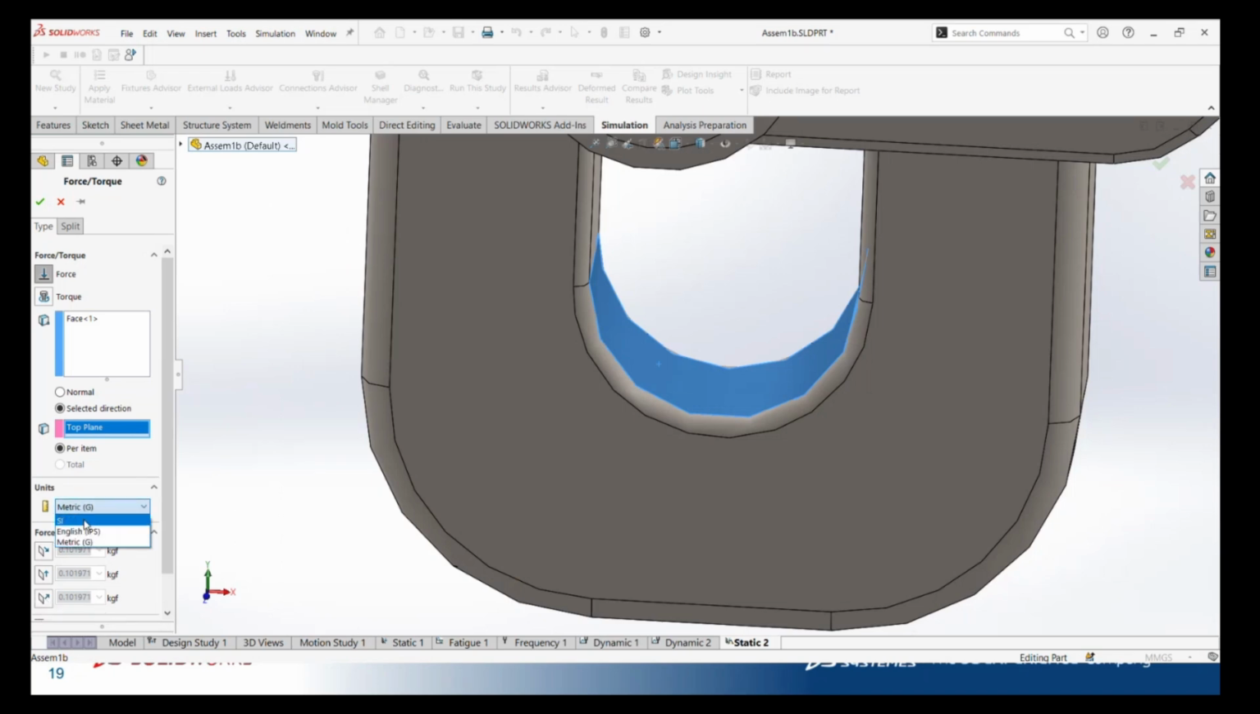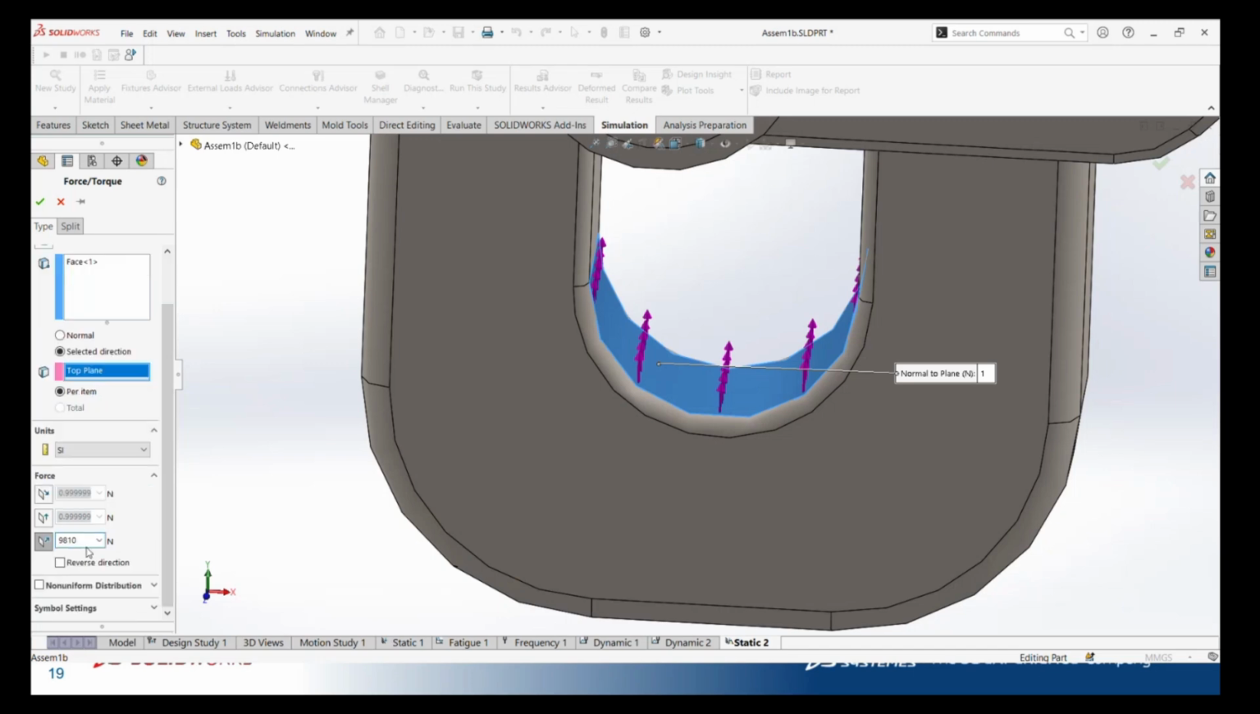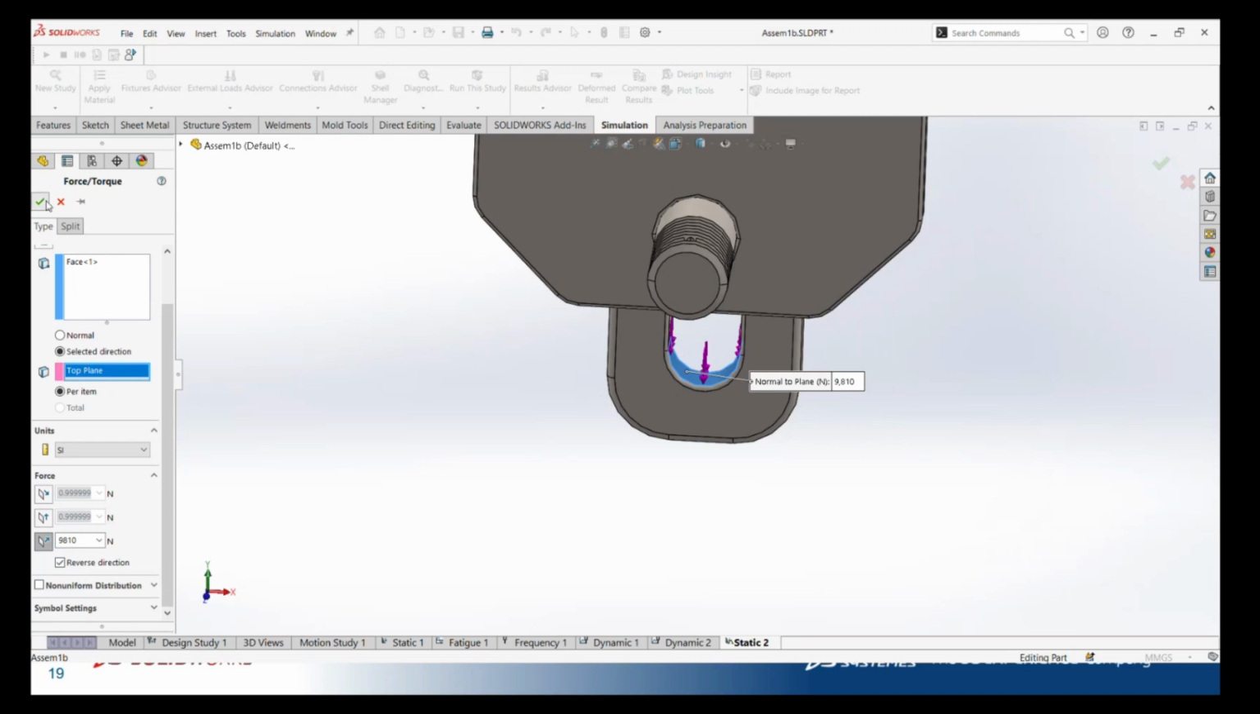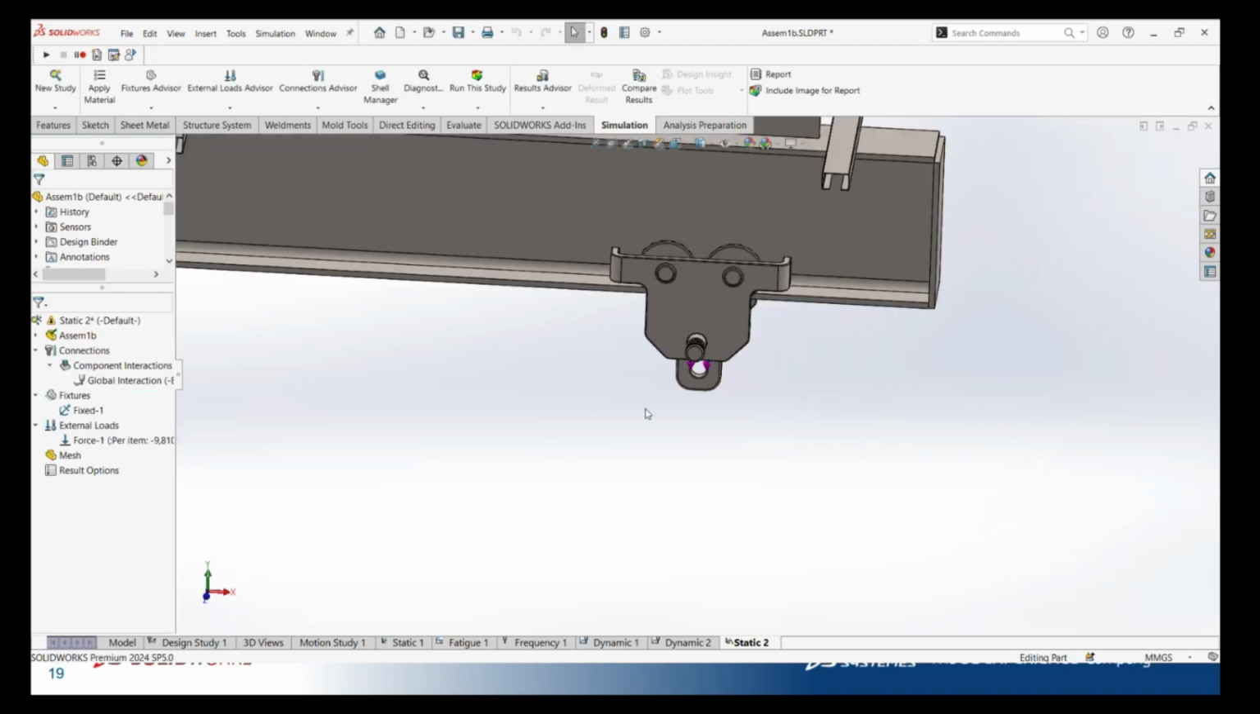I'm selecting the units to be SI units. 110 is equivalent to 9810 newtons. Yep, and the direction is reverse. So I have applied the load. Next step